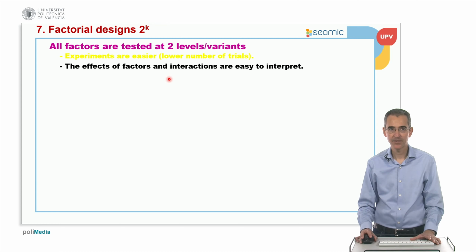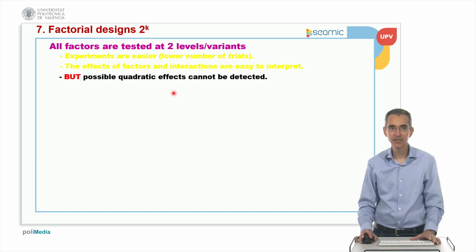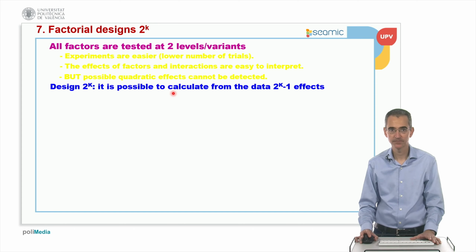Okay, the effects and also the interactions are easy to interpret, but the problem is that quadratic effects cannot be studied. So if we want to study quadratic effects, we should include factors at 3 levels. In this case, it's possible to calculate from the data 2^k minus 1 effects. Okay, so this is the total number of effects that we can compute,